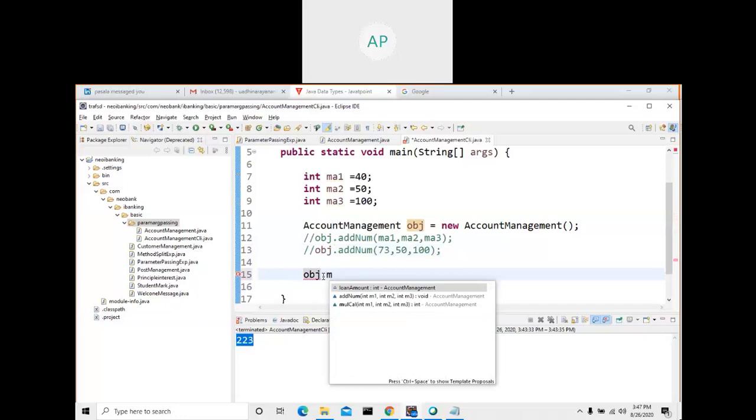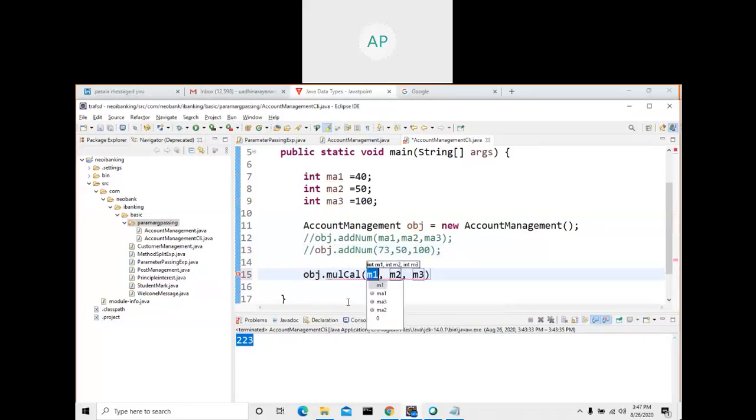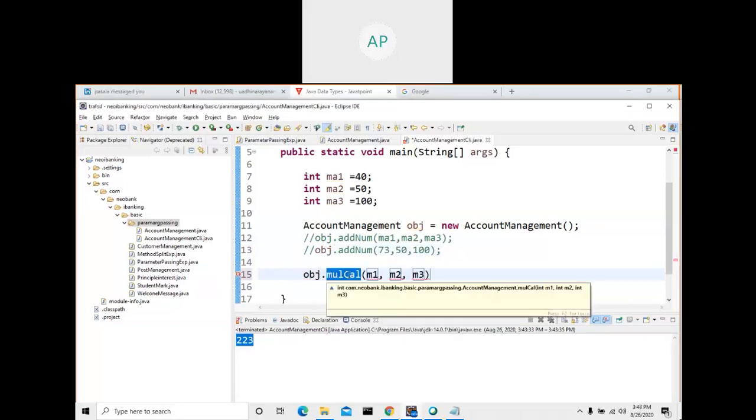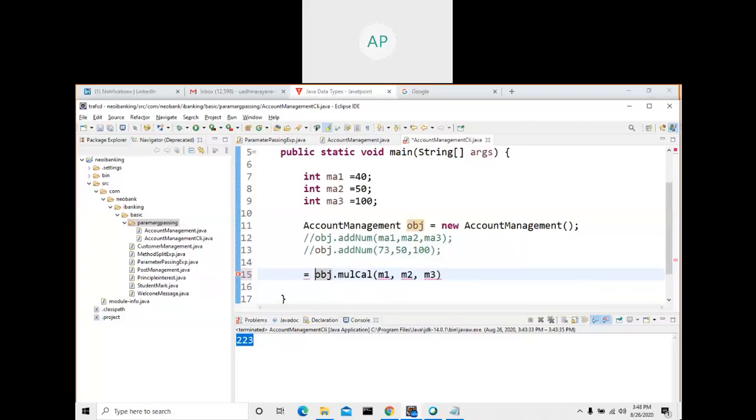Okay. When I call this method, this method is returning a value. Capture that value. Capture that value equal to capture. What is the data type? int there. What is it returning? It is returning a value of integer. So capture that and do something.